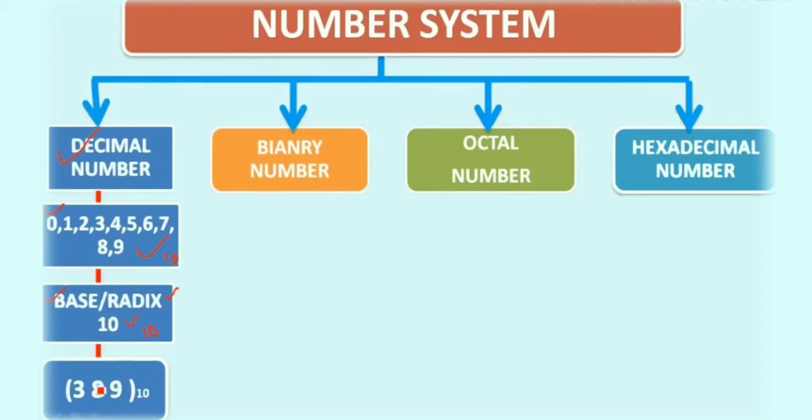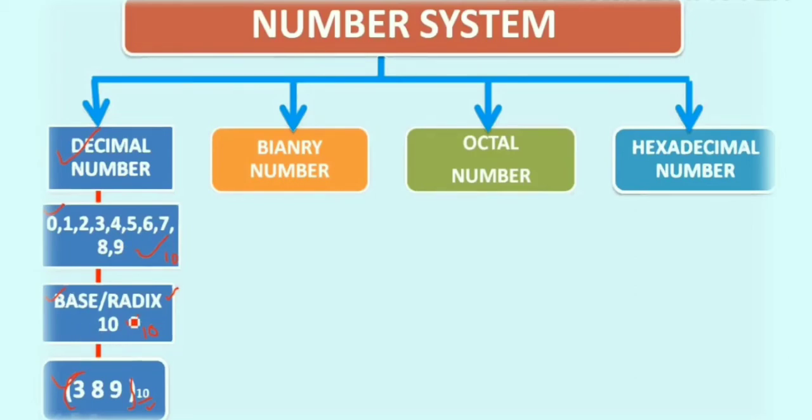Here in the decimal number system, how do we represent a number so that we can identify it? Let's take an example of 45, 36, or let's take 389. To identify it as a decimal number, we write it within parentheses or brackets and put 10 as the base, as a subscript. This 10 identifies that the written number 389 is in the decimal number system. It is not binary, octal or hexadecimal, because 10 is written there.